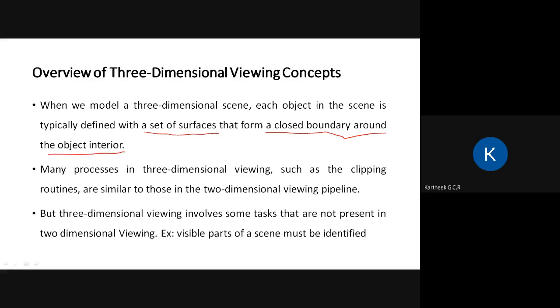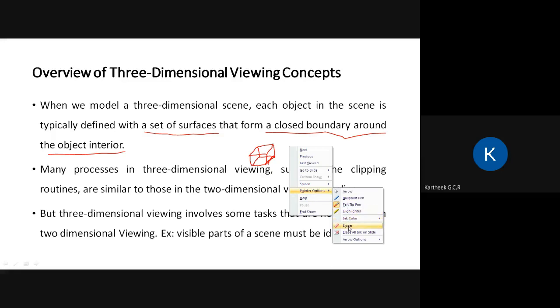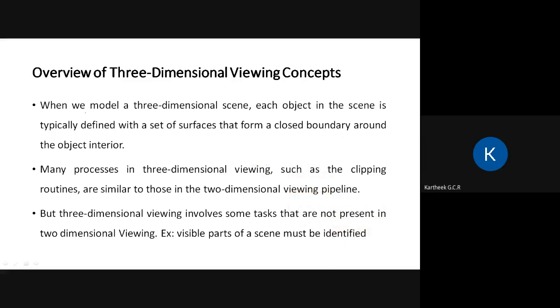So let's take the example of the cube. If you have a cube of this sort, you would model the 6 surfaces, and that will give you the exterior surfaces which are covering the interior of the object, the shallow object. Basically, this cube is shallow, right? So that is how you treat objects in 3 dimensions, typically in any computer graphics system.